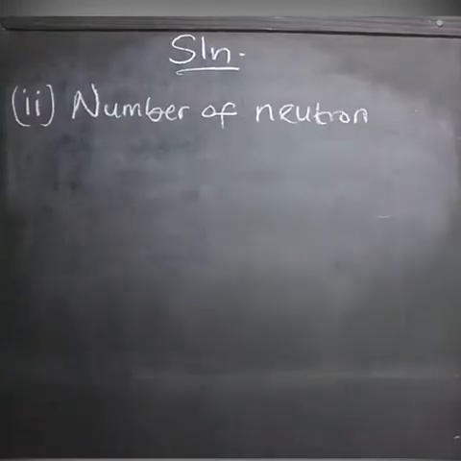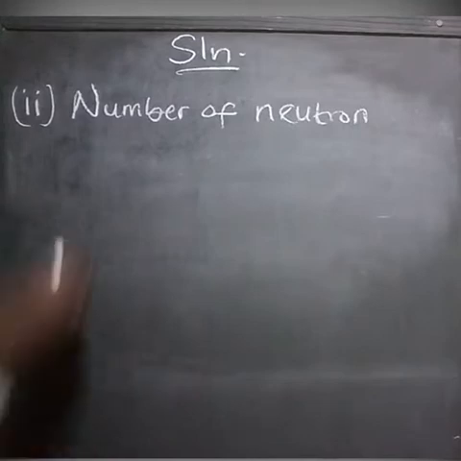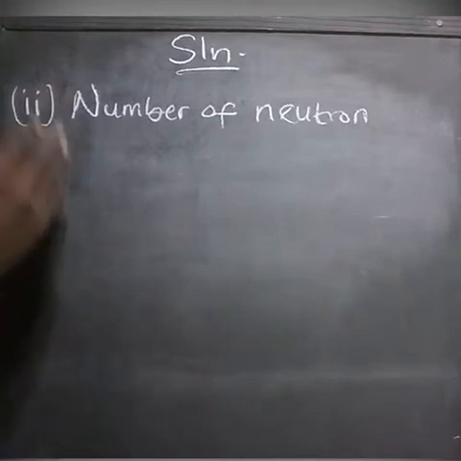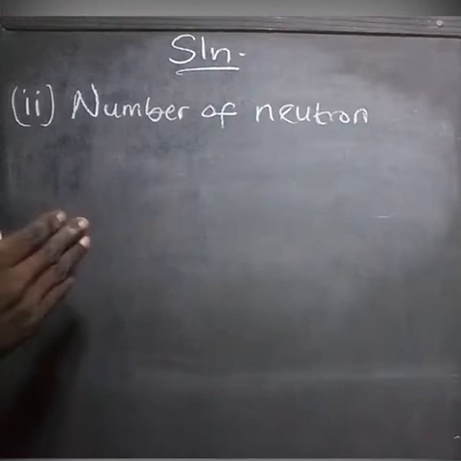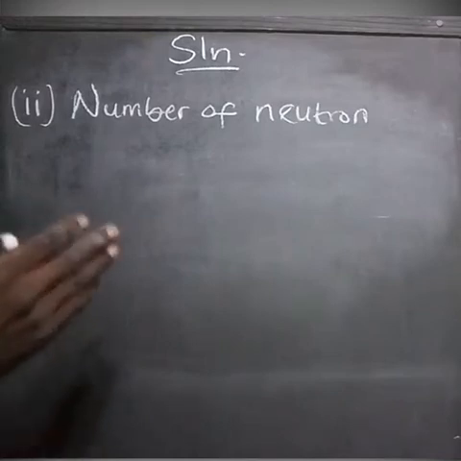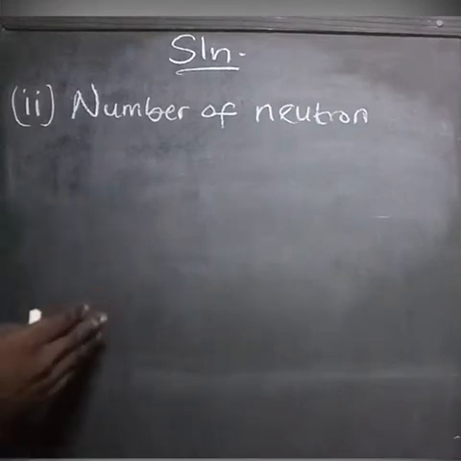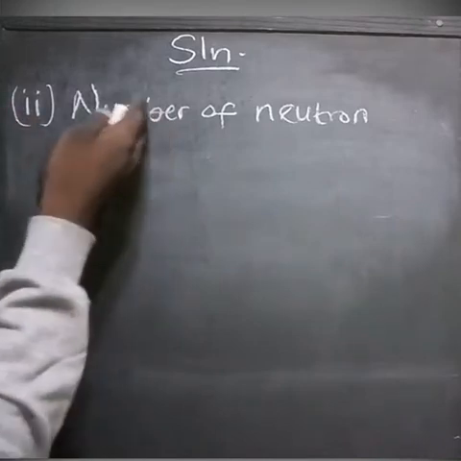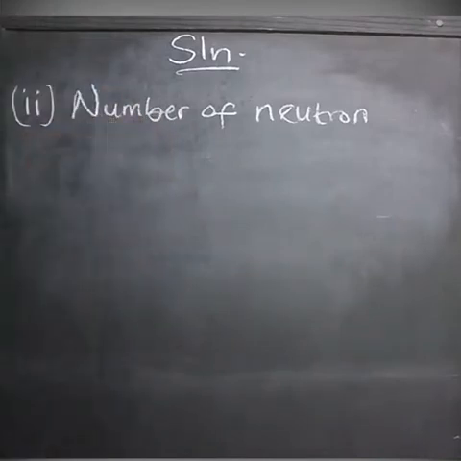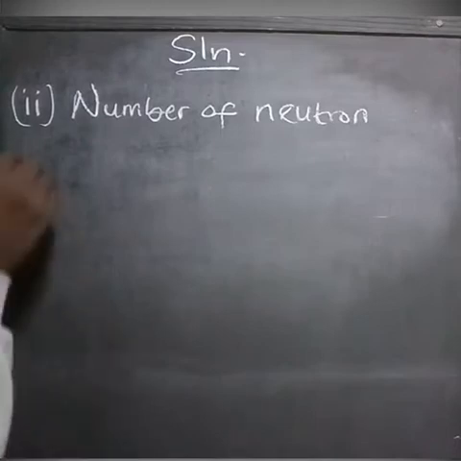So Roman figure 2 is the number of neutrons. The number of neutrons is what differs the two atoms. Why? Because they have the same atomic number but different mass numbers, and mass number is affected by the number of neutrons. So Roman figure 3